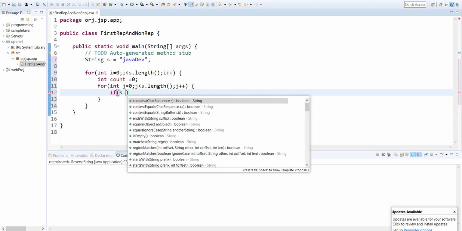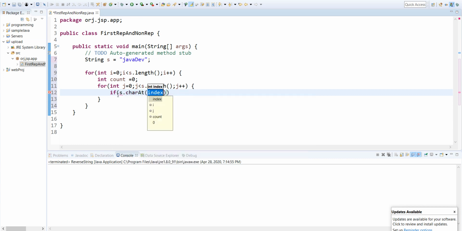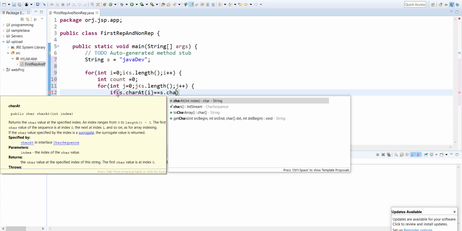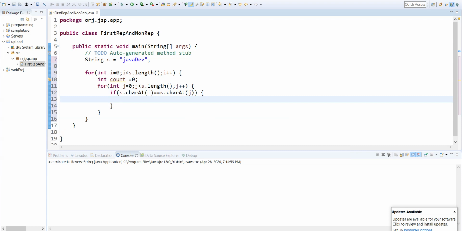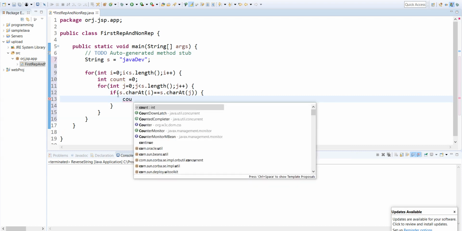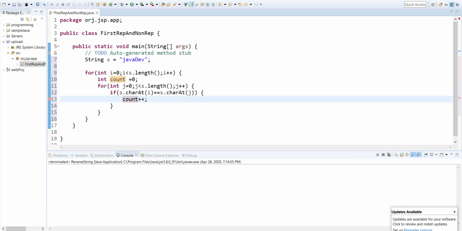Let us write the same: s.charAt(i) equals s.charAt(j). If the given character is equal to any of the characters, let us increment the count value. After all iterations of this for loop, I will get that count, meaning the occurrence.